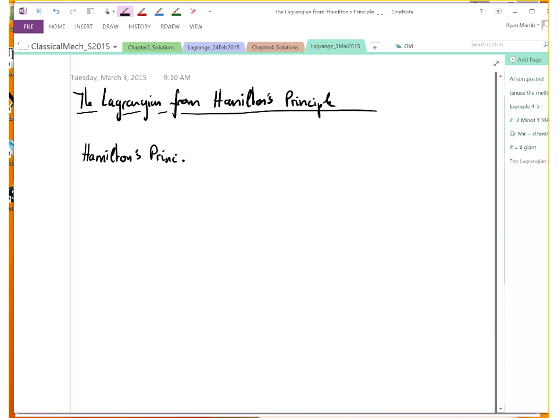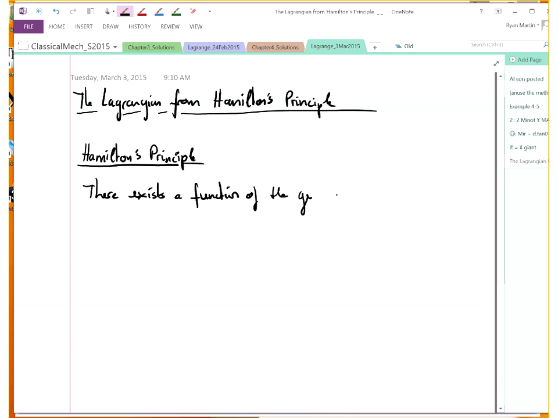So, Hamilton's principle is now the more fundamental way of doing this whole description of classical mechanics. So I hope to have convinced you that you can build this Lagrangian T minus V, and then you can get the equations of motion from applying the Euler-Lagrange equation to this Lagrangian. We're going to turn things around now that we know that works, and we're going to change how we formulate classical mechanics. So Hamilton's principle says